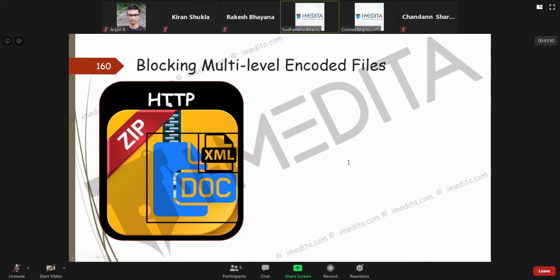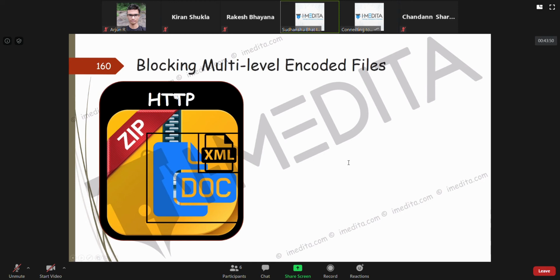So suppose you are trying to download a file which is a zip file using HTTP. This is like 1 layer, 2 layers, 3 layers, 4 layers. Up to 4 layers of encoding Palo Alto can look at.